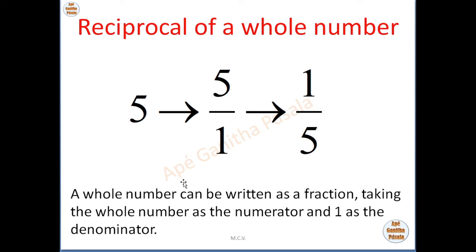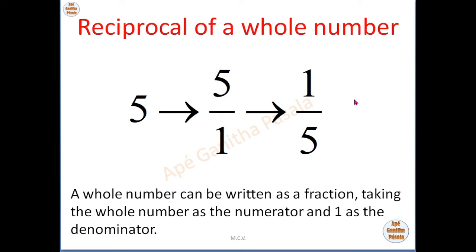So 5 can be written in another way as 5/1. So numerator is 5, denominator is 1. If we interchange that, numerator becomes 1, denominator becomes 5. So reciprocal of 5 is